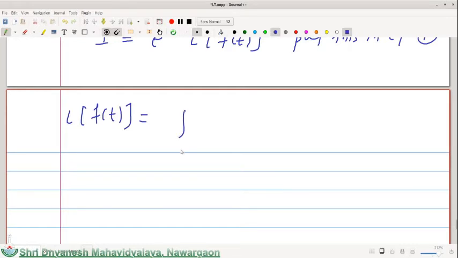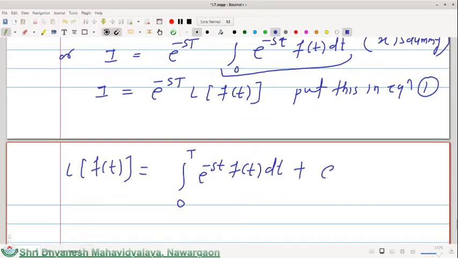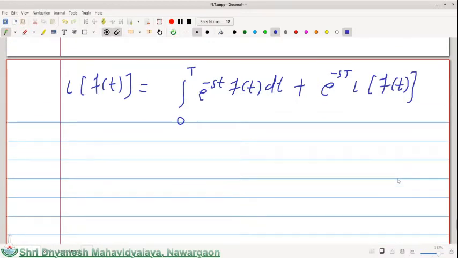The second integral we have is the integration from 0 to t of e to the power minus st f of t dt, plus, what was the value of I? e to the power minus st times the Laplace transform of f of t. Okay, so you now shift this second term on the right hand side onto the left hand side and take